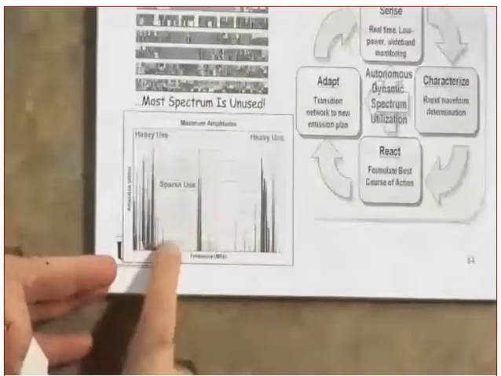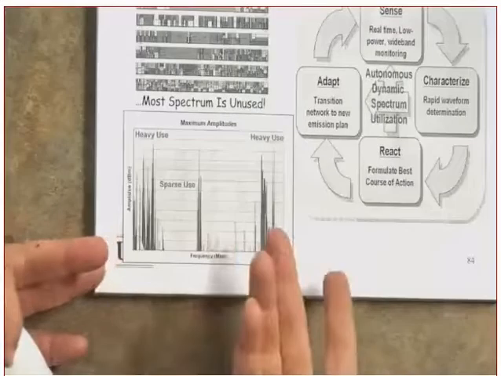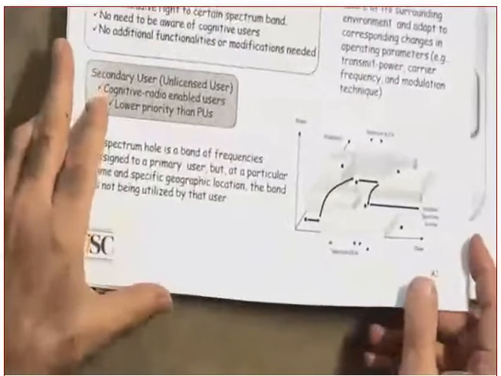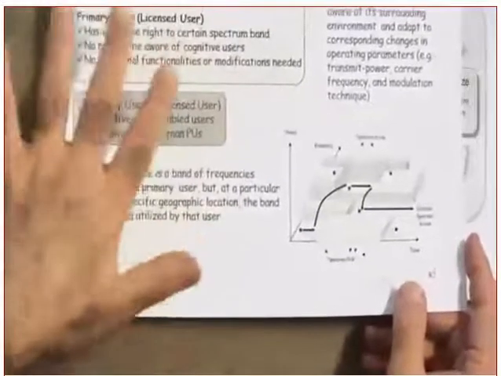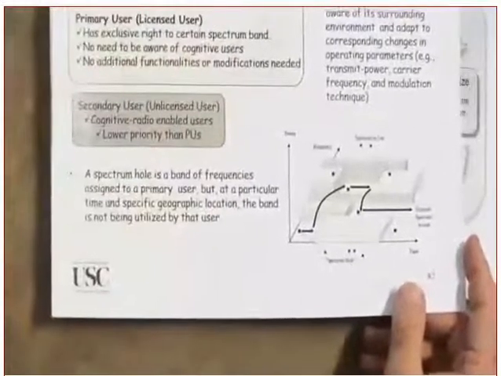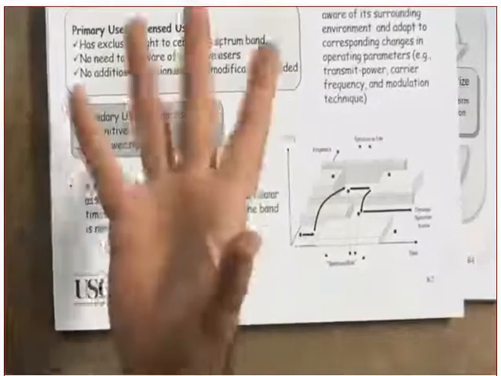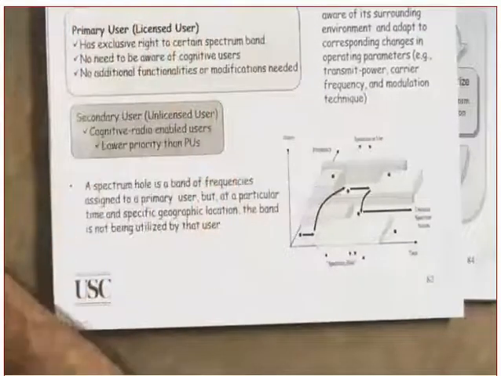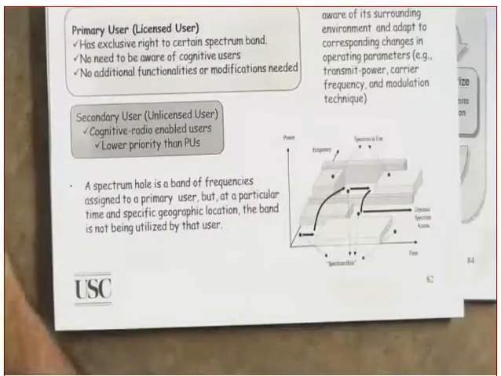And we notice, by the way, most of the time the spectrum is not used. In cognitive radios, those radios that are equipped with this type of software will be able to sense the spectrum, and if they see idle things, they can use it, yes? But as soon as they sense that there is a